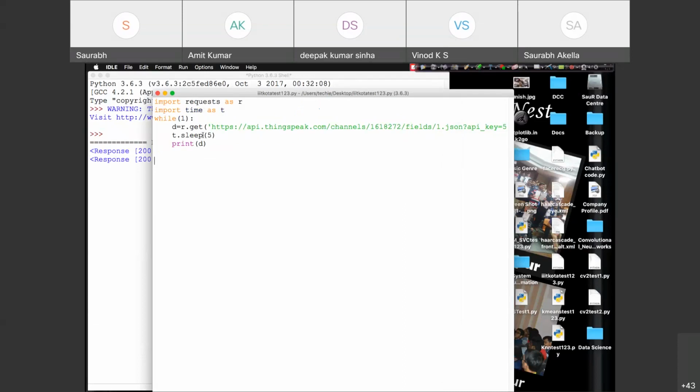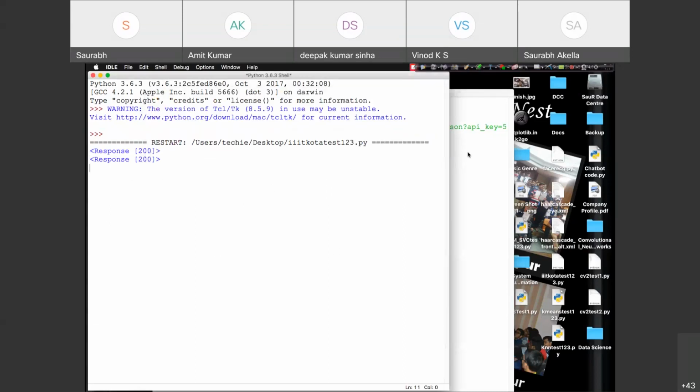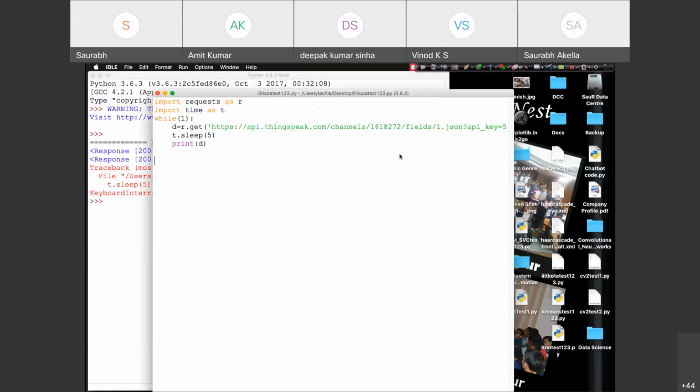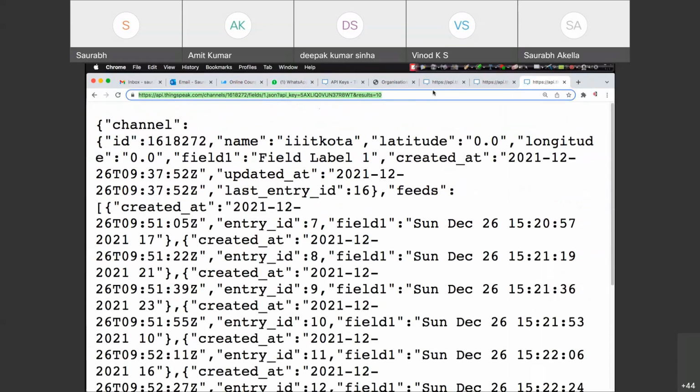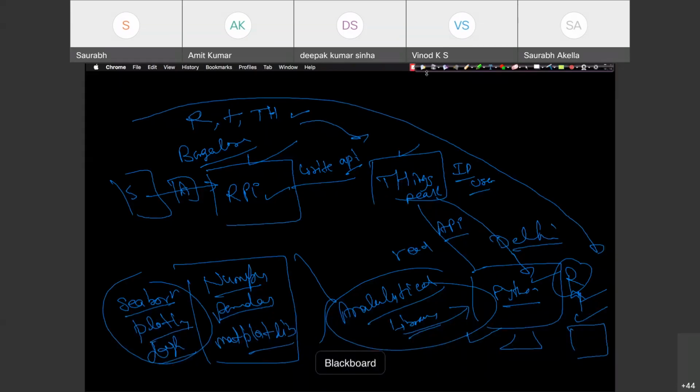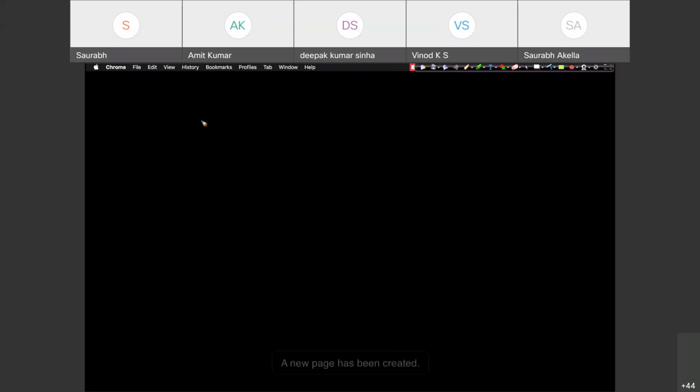Every 5 seconds, I'm getting the response. Okay. Now I want to check the data. For that, this data is actually a form of data. So if you talk about data analysis, we have to understand how many forms of data are actually good to work with.